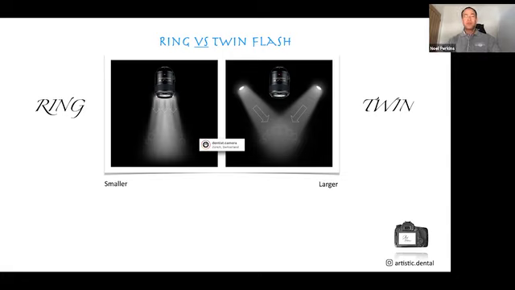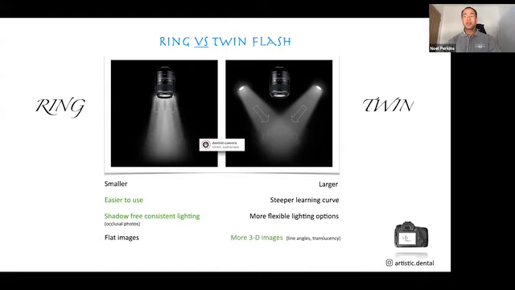And so therefore, the ring flash is smaller, the twin flashes are larger. Ring flash tends to be easier to use, whereas the twin flash has a steeper learning curve. Because the light is coming straight at the subject, you're going to have virtually shadow-free, consistent lighting, which is great for occlusal photographs. With the twin flash, we can be using brackets to hold a flash, and you've got